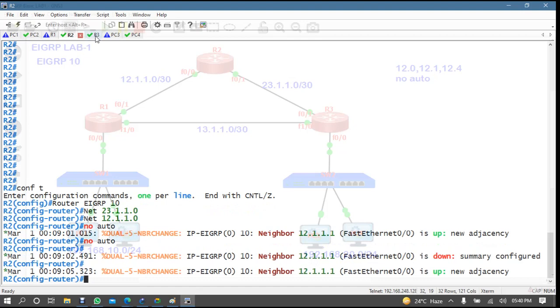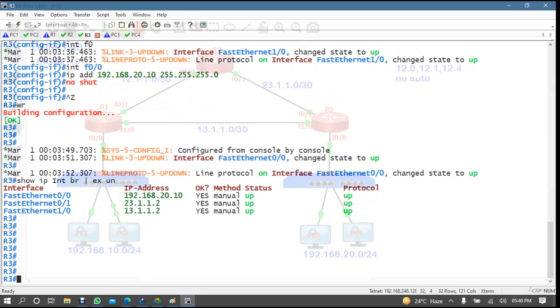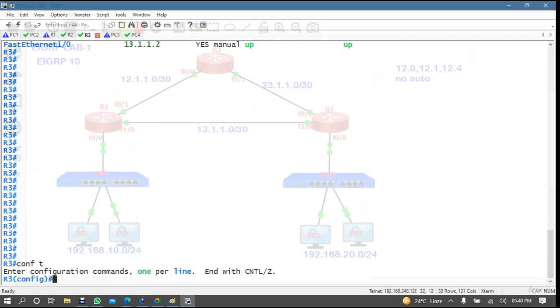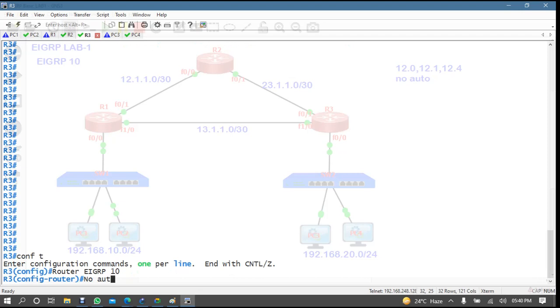Fine. Now come here to R3. conf t, router EIGRP 10. Even if you write no auto before, there is no problem.